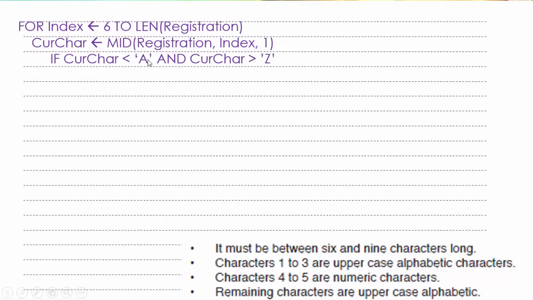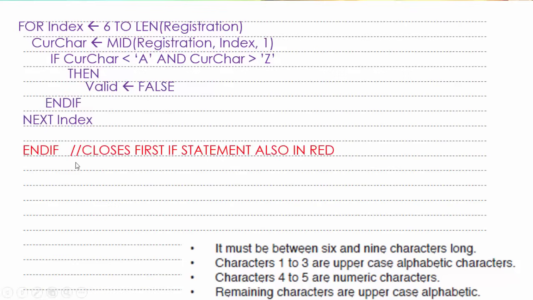So I run code that I've already used. If current character is less than A, or current character is greater than Z, I know it's not an uppercase letter, so valid becomes false. And if I close my loop, next index, and this closes the first if statement, which was also in red at the beginning, and then what I need to do is return valid and then end